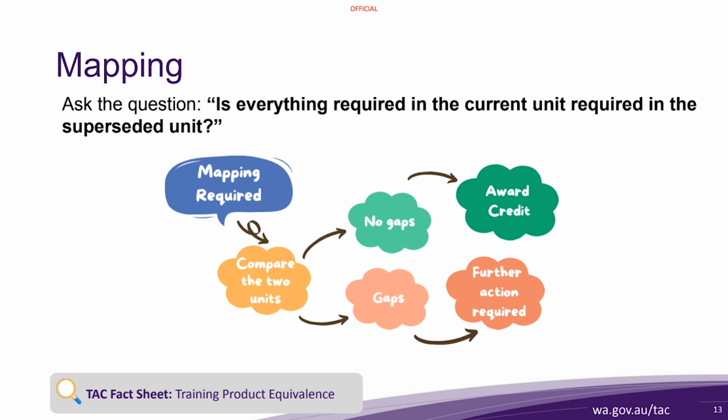And what you basically need to do is go from the current unit and look for each component in the old unit. You're only really trying to establish, is everything required in the current unit required? And under those sort of circumstances, what you can do is mark with highlight or with pencil or whatever, anything that is not in the old unit, so that you end up with your printed version of the current unit. You have on that version highlighted each of the bits that are missing from the old unit.